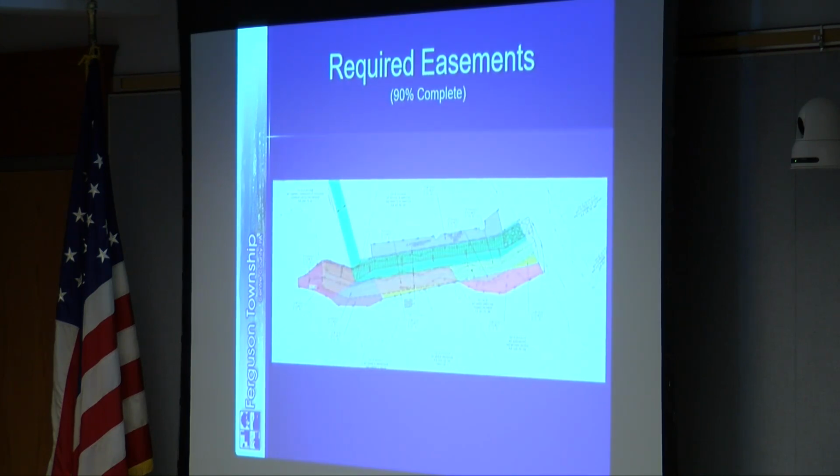And this goes over the easements. Of note, the green easement is the original easement the township has from the initial subdivision construction. Along the lower line, you'll see the yellow, orange, and the light blue and orange again, which are permanent easements for the project. All of the additional,